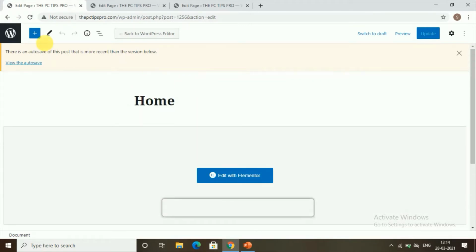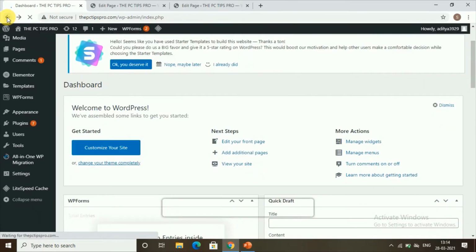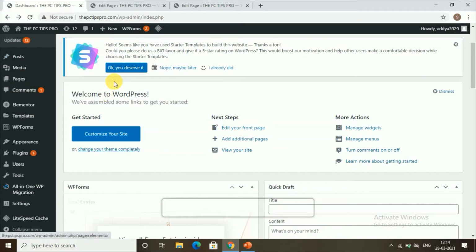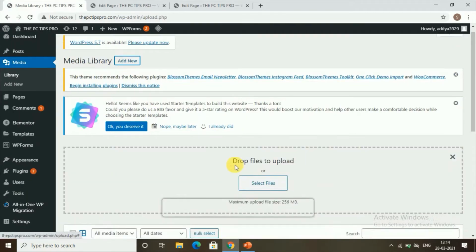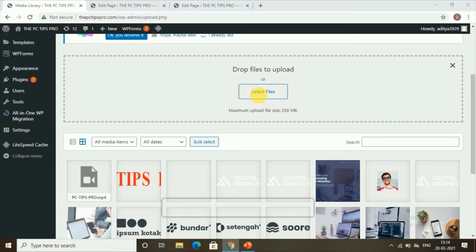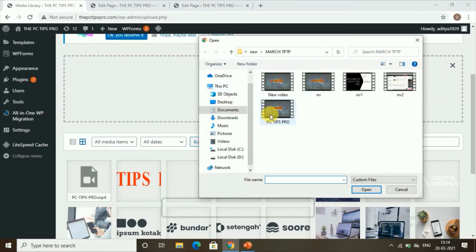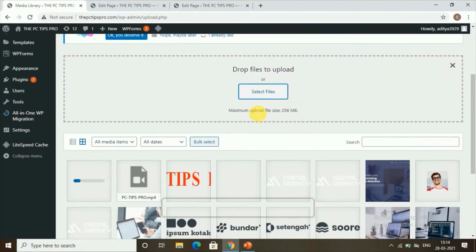So now, in order to add a downloadable file, first we need to add media to our WordPress. So to add a media, we need to check for media in this left section column. So click on the media and click on add new media. Click on select files. So I have a bunch of files over here. I'll just select one of the file and click on open, so that it would be added to the media items in your WordPress.